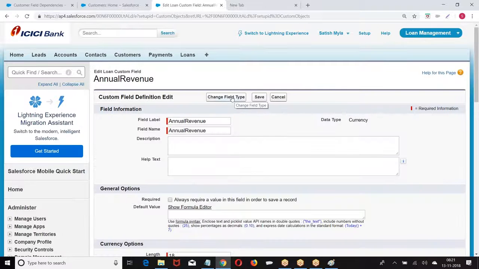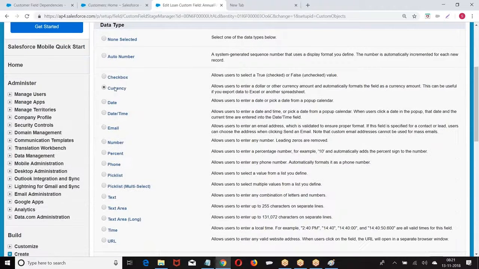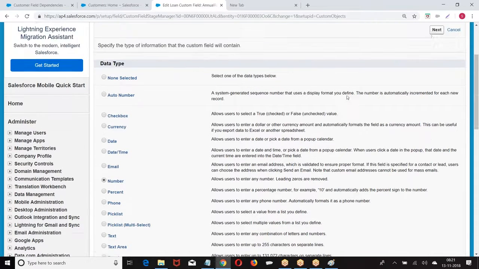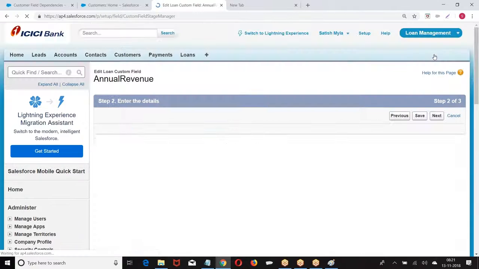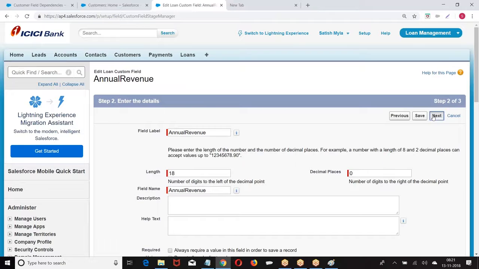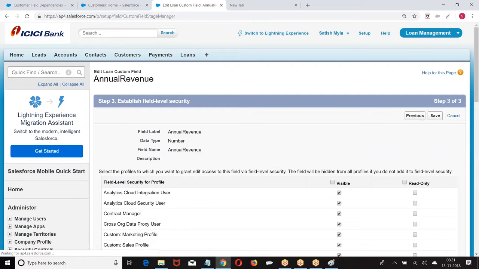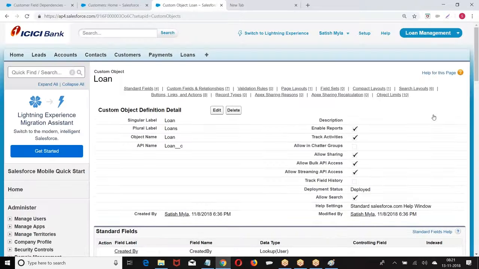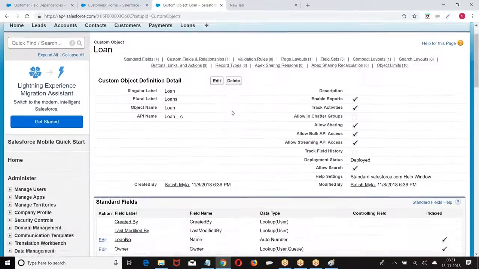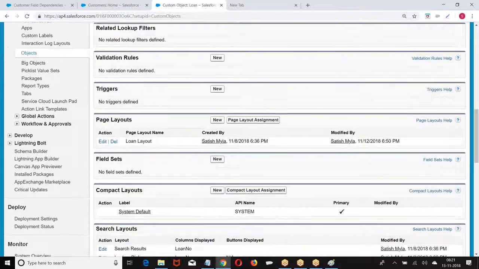Now what is the option we have? Change field type. I can change the data type to another. So from currency I have changed to number. So whatever the field we created, we can go there, change the field type to different.